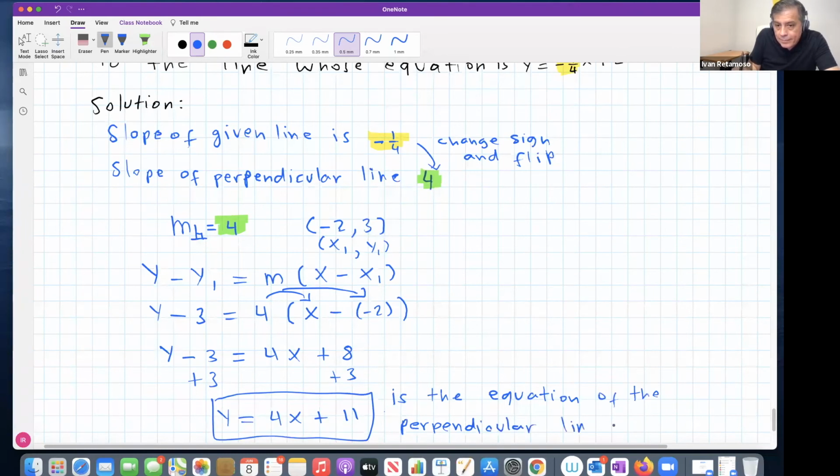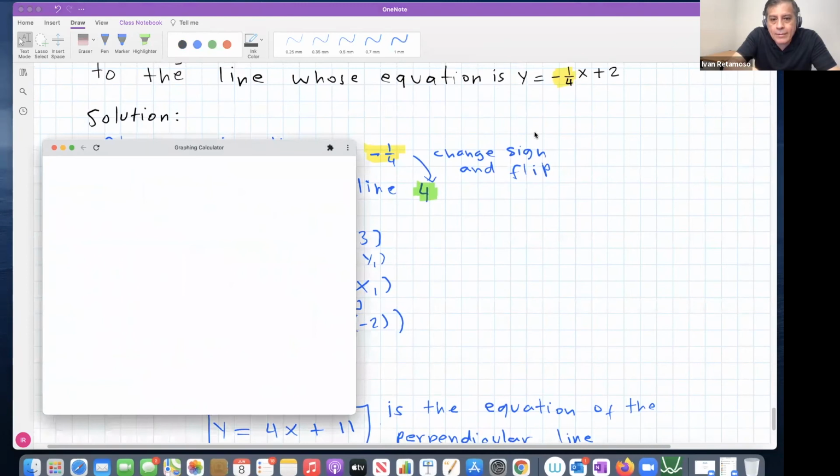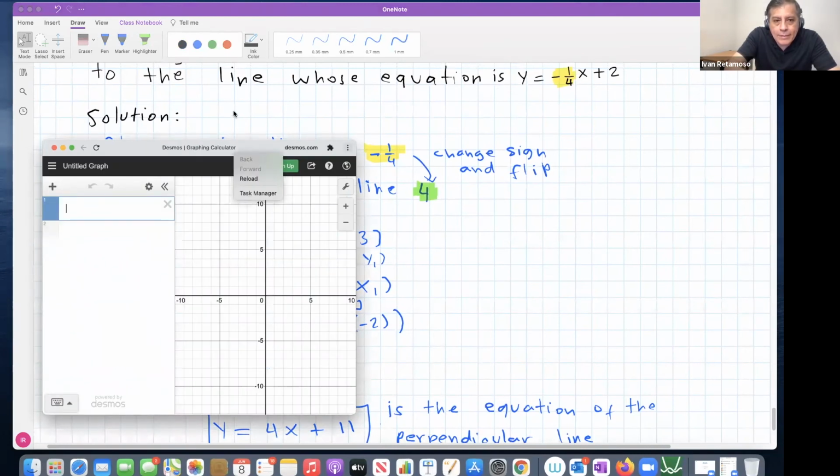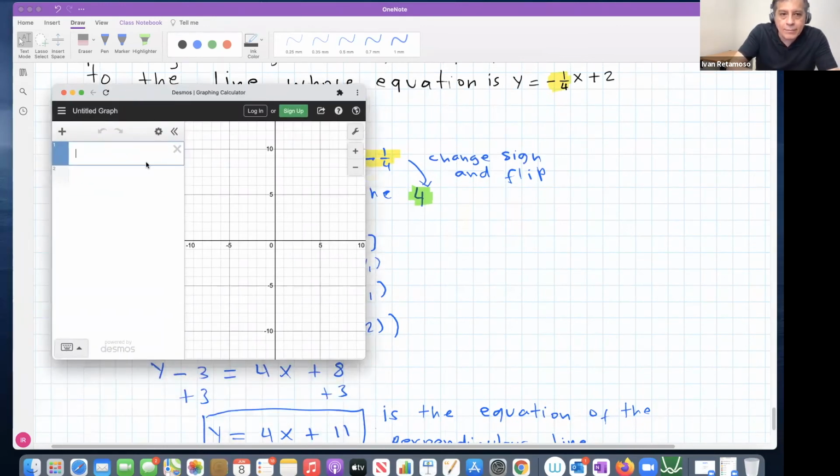Now, you may say, Professor, can I just double check that that's the case? Well, if you want to double check, graph this line and graph this line together, and you must see that they intersect, forming a 90-degree angle. Let's check this out. Let's bring out our Desmos graphing calculator and let's confirm this, okay? So let's graph first, y equal negative